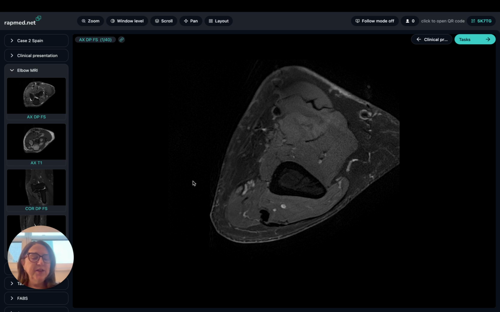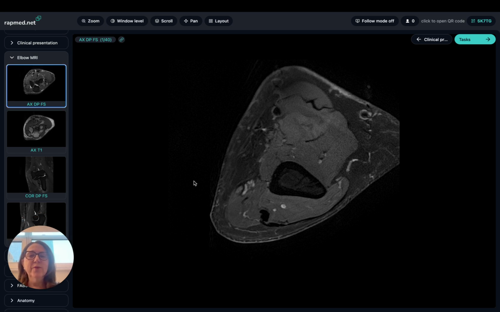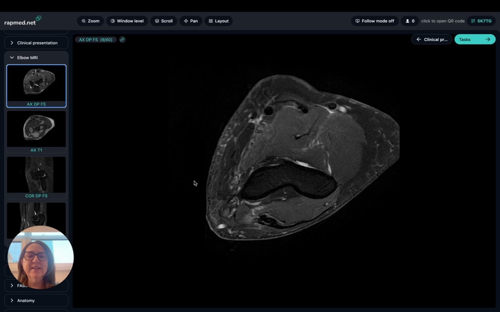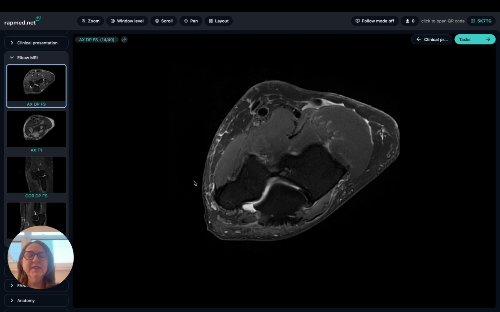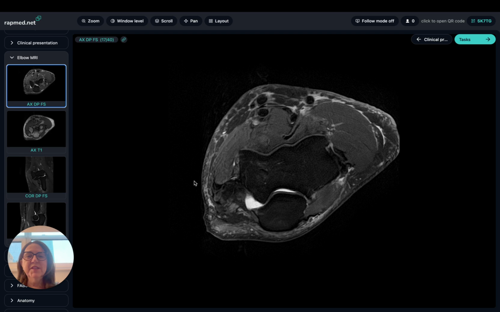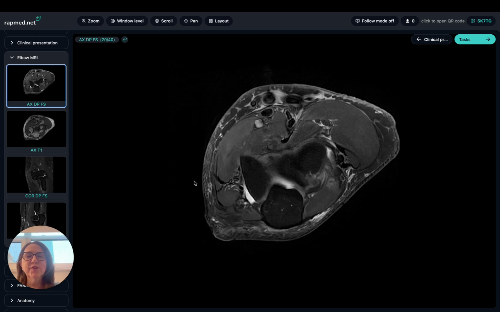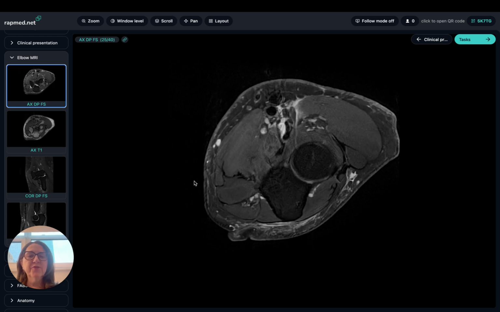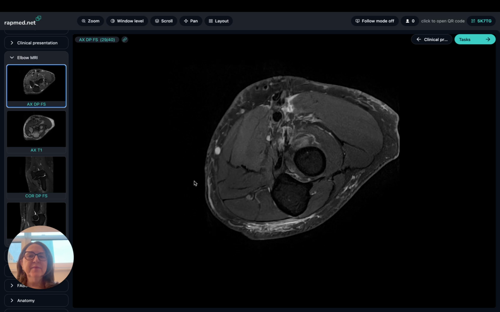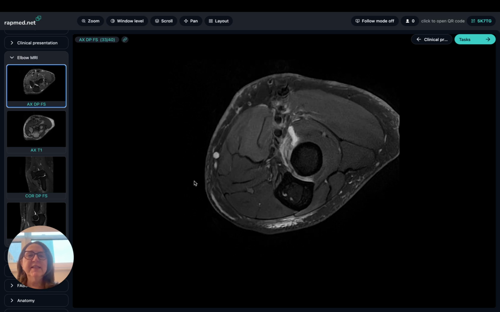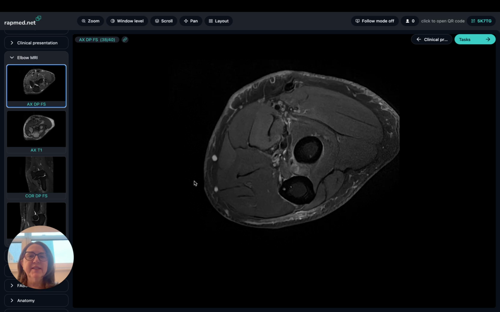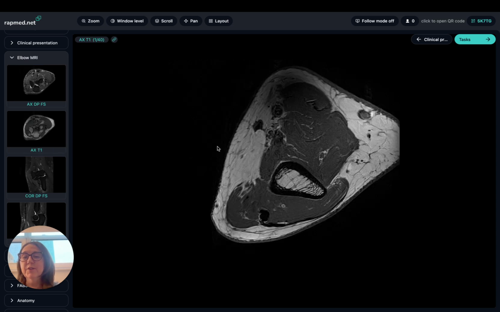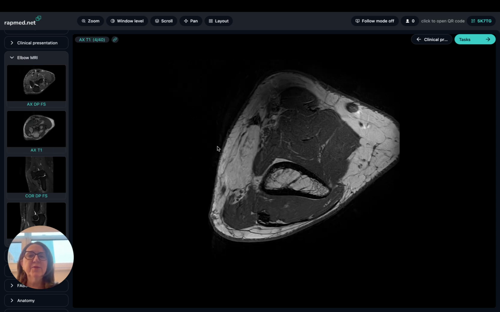So first we're going to scroll through the axial proton density fat-sat, and you're going to notice there are some areas with soft tissue edema, some fluid effusion that surrounds the elbow structures, and there are some entities that have increased signal intensity. This, as I said to you, is the proton density fat-sat. Let's go to the